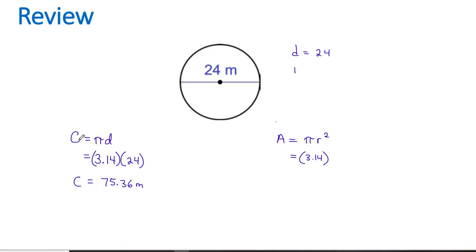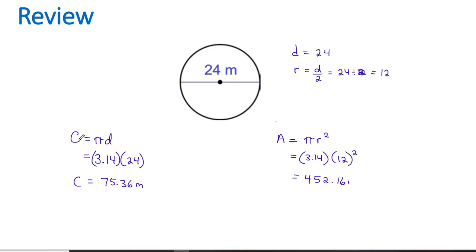The radius is the diameter cut in half. So this is going to be 24 divided by 2. Oops. So the answer here is going to be 12. So our radius is 12, and we're going to square that. So 12 squared is 12 times 12, that's 144, and then we multiply that by 3.14. And so we're going to end up with an area of